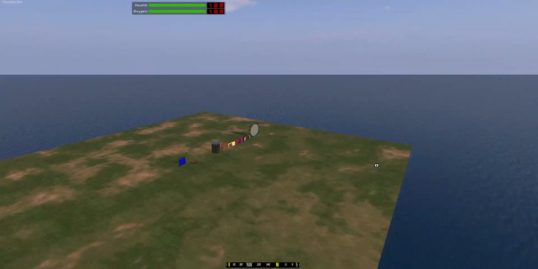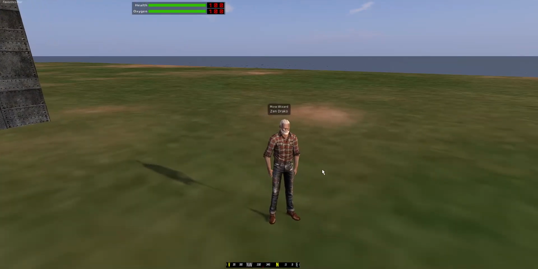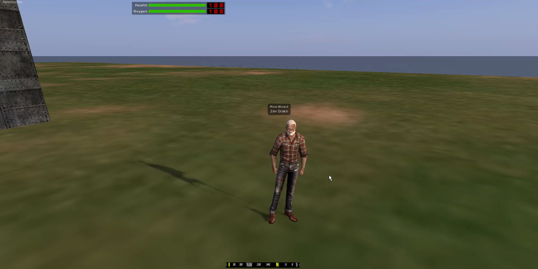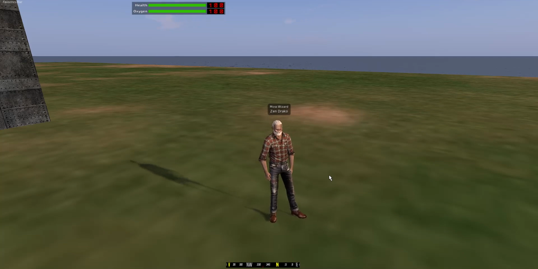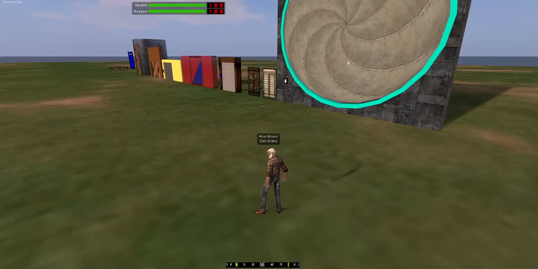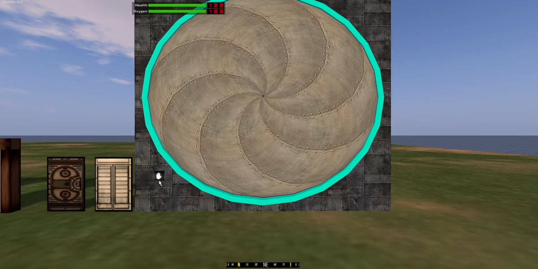Well, welcome to one of my sandboxes. And I'm just going to go through some doors that I've created to show the kind of things that you can do just using prims. None of these have been made with mesh, although some of them can be improved using mesh. So the first one is obviously this ginormous iris door here, and we can activate it by touching the door